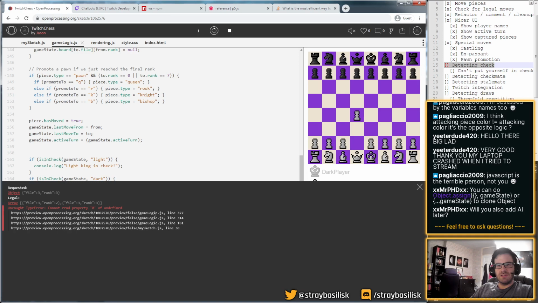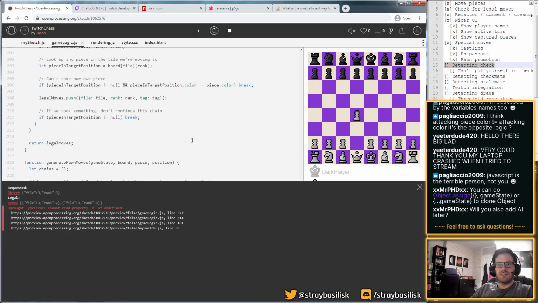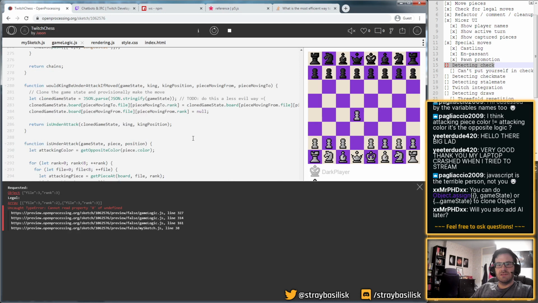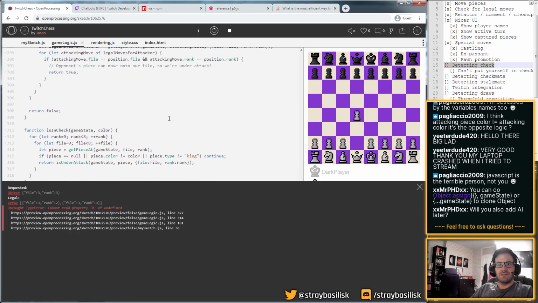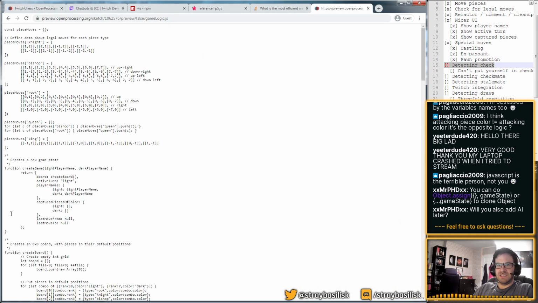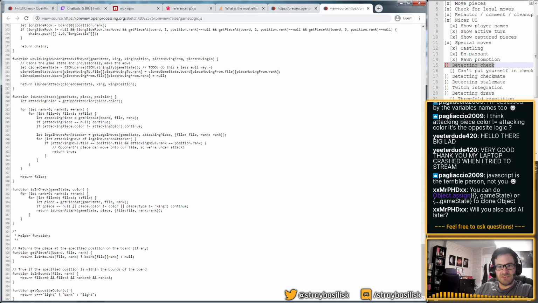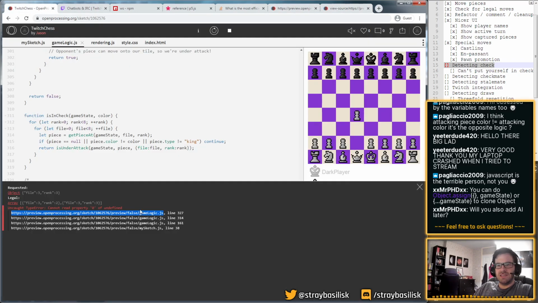So 327, which isn't actually 327 because this IDE does some manipulation, so I now need to do this, which is really annoying. Oh, interesting. What happened there?